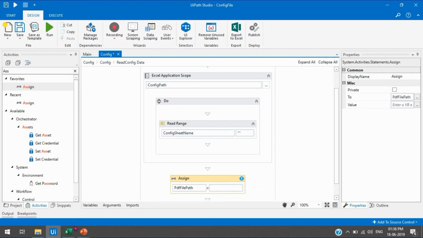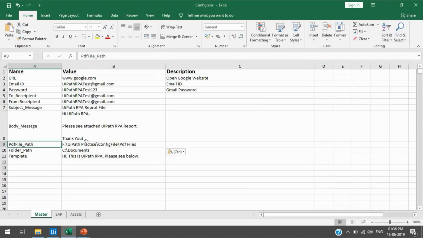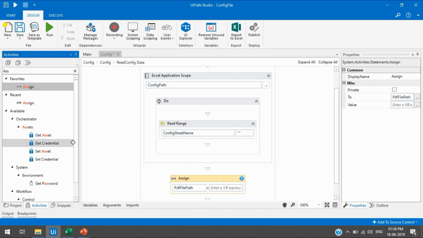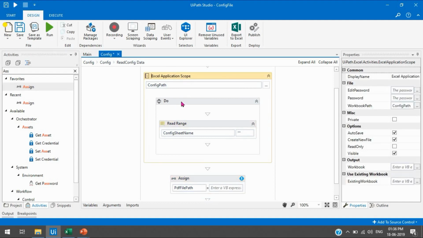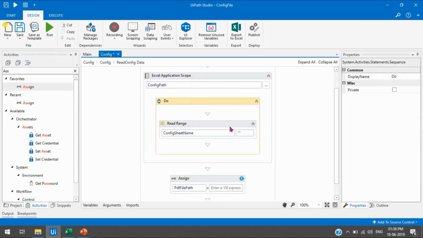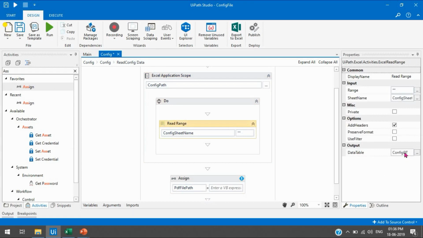It means we need to take the data from the config file, because we need to get this PDF file location. So we have already read the data from Excel and stored it in the data table, right? So we need to get the data from the data table.